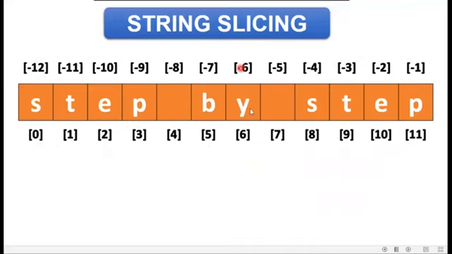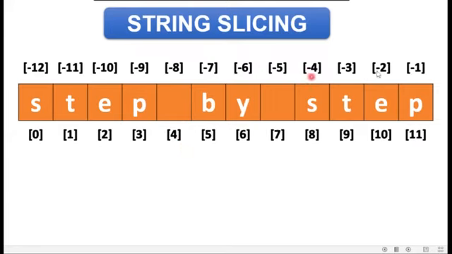String slicing. We are going to take the example of the same string, step by step. Now how has the indexing taken place? It has started from 0 if we talk about positive indexing, and then reaches 11. So my last index position is 11. How many characters are there in total? 12. And my index values are from 0 to 11. Please do remember that for the spacing also, we have one index value.